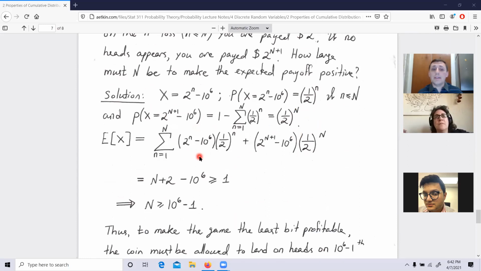So then my expected value is the sum all the way to N of the payoffs times their probabilities plus the biggest payoff times this smallest probability. And if you calculate it,